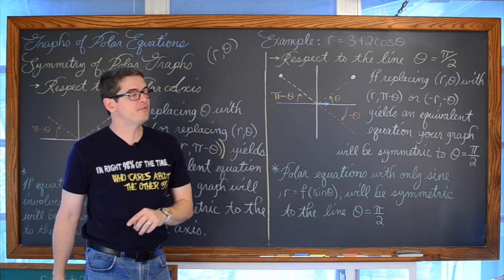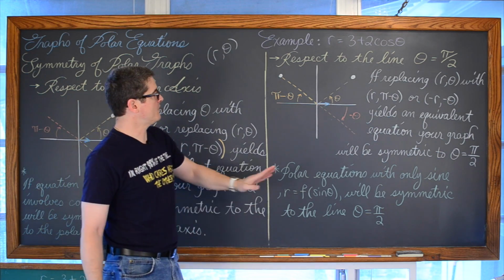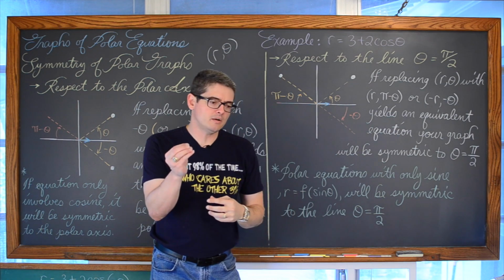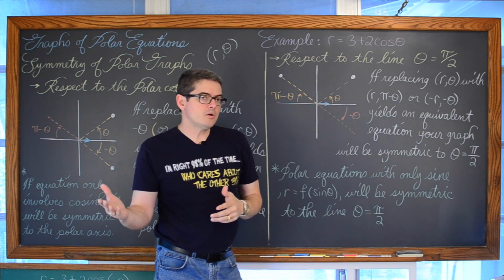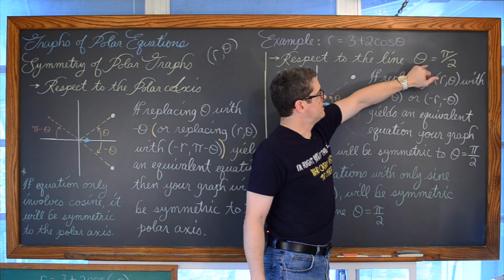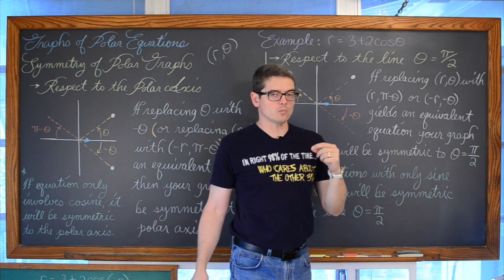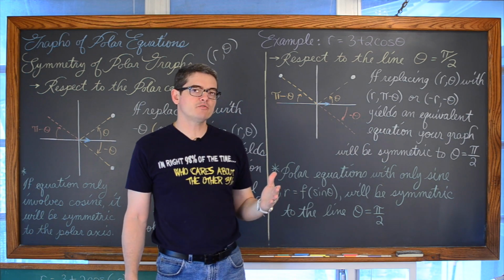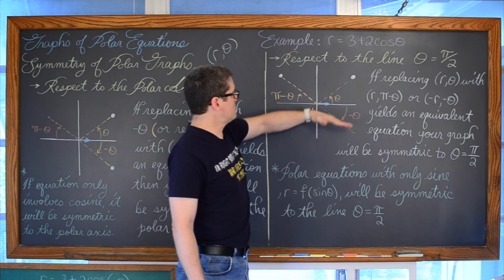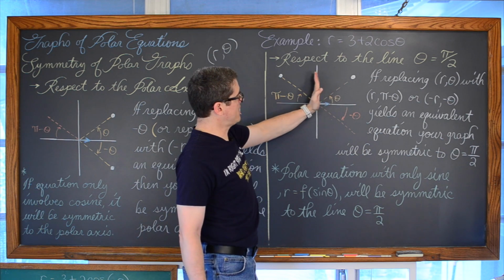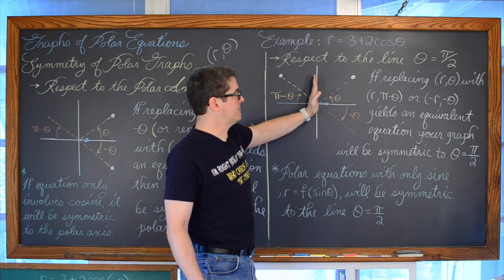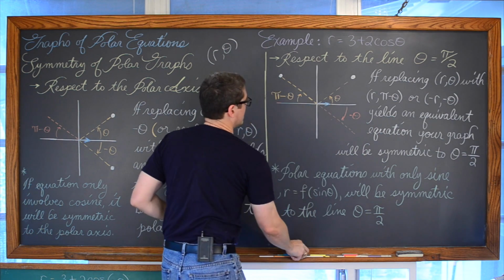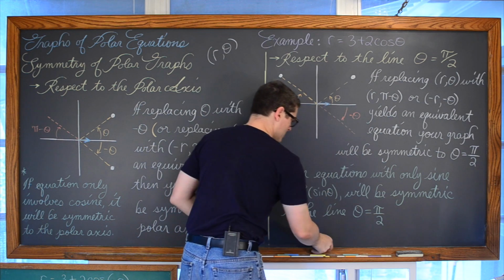Respect to the line of theta is equal to pi over 2. Well, that's, again, theta equals pi over 2. So hopefully in an earlier section you noticed that if I want to graph theta equals pi over 2, I don't care what the radius is. All I care is that every point on that graph has a rotation of pi over 2 radians, or 90 degrees. So if I start from 0 and I rotate pi over 2 radians, or if I rotate 90 degrees, and then I don't care what r is, then that's this line right here. Every single point on, let's see here, color I haven't used yet.